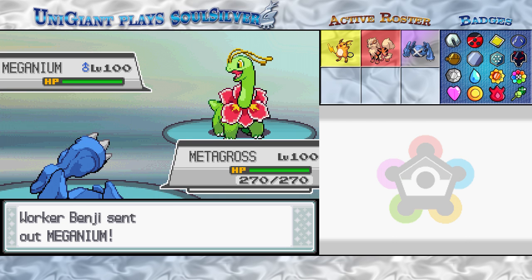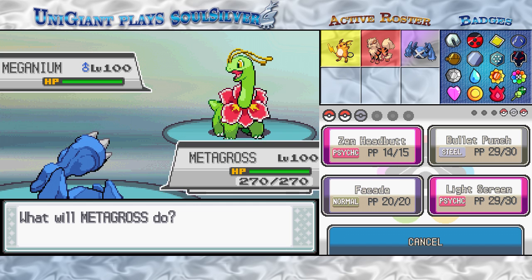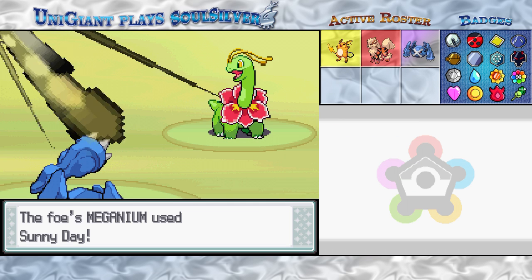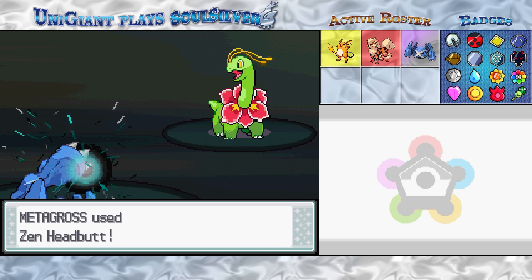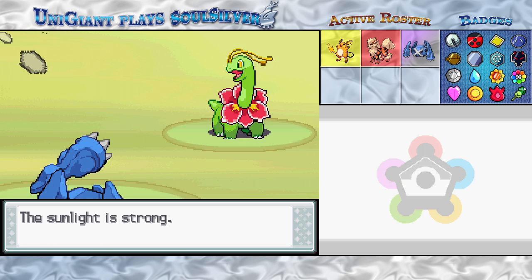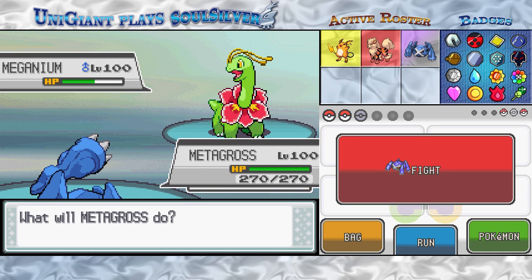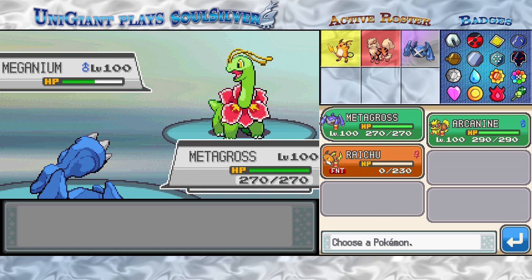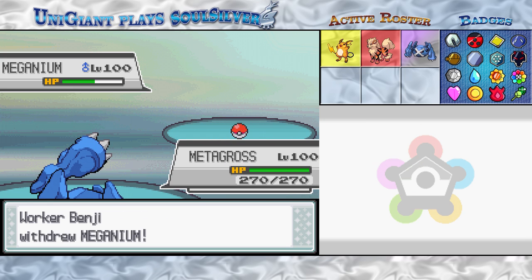But here's Meganium. I'm not thinking it can do very much to us. It likes to status, and it normally... You've got Solar Beam, don't you? I'm wondering if this may or may not be a good time to bring in Arcanine. I don't want it to take unnecessary damage, though. Very risky to have a grass type use Sunny Day. Do I want to risk... I don't want Arcanine to risk the extra damage. I think I'll try one more Zen Headbutt, and...